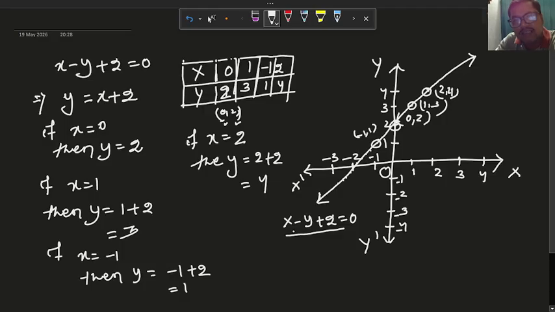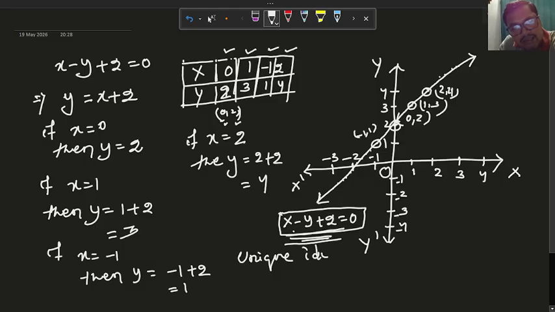All the points present on this line satisfy the condition x minus y plus 2 equal to 0. Among them (0, 2), (1, 3), (minus 1, 1), (2, 4) also satisfy x minus y plus 2 equal to 0. So, here x minus y plus 2 equal to 0 is an equation, but we can say that it is the unique identity